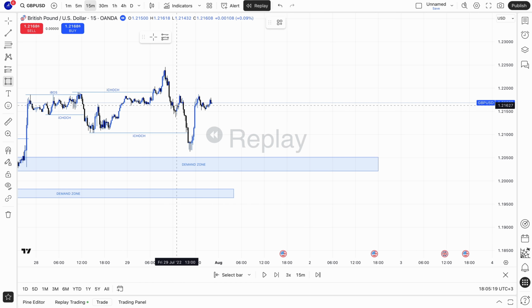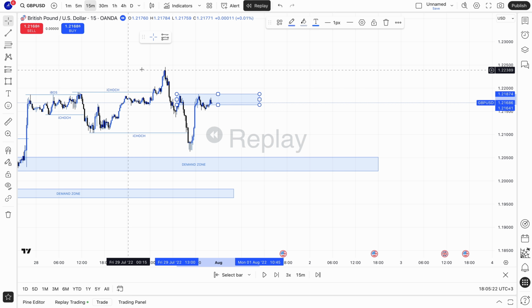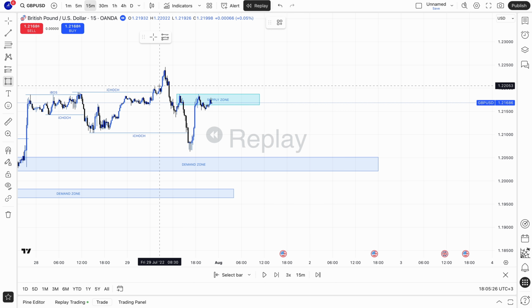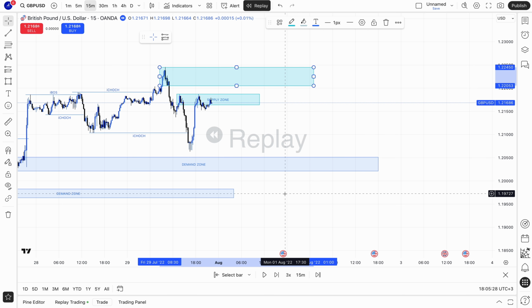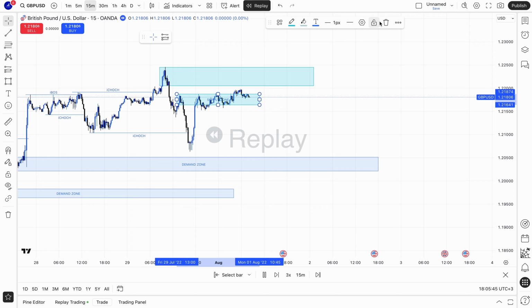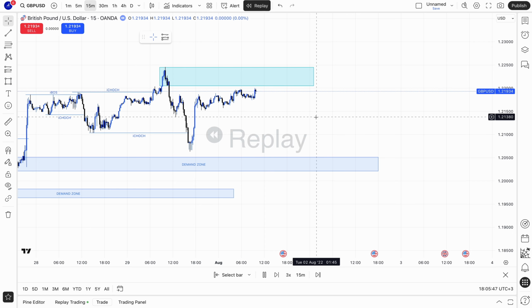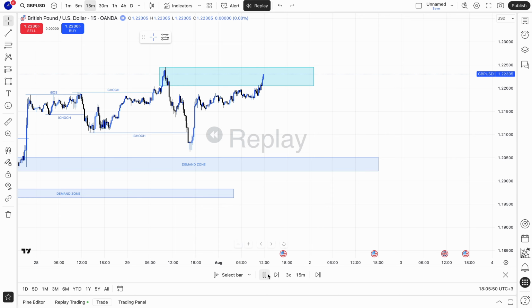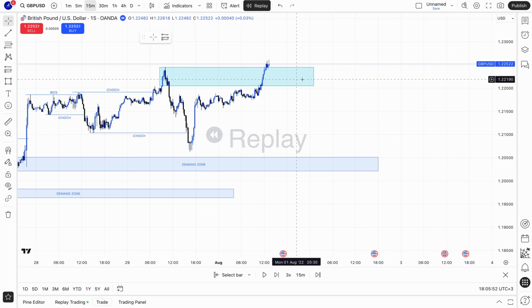Our supply zone, first supply zone, which is this one, and the second supply zone, extreme supply zone, which is this one. We need to see London open. Got that tap, and then